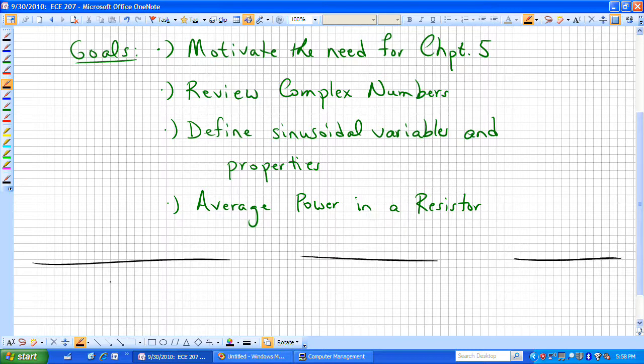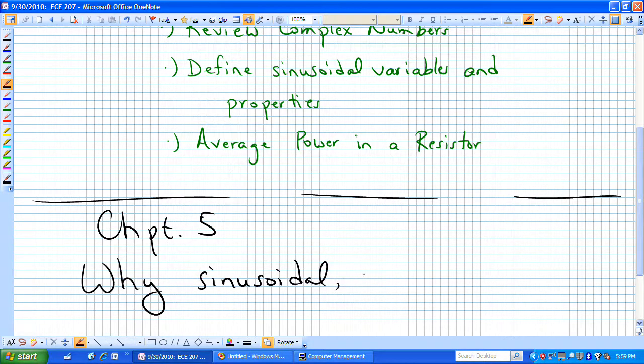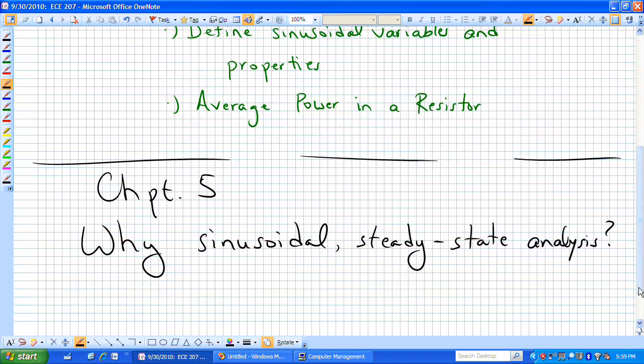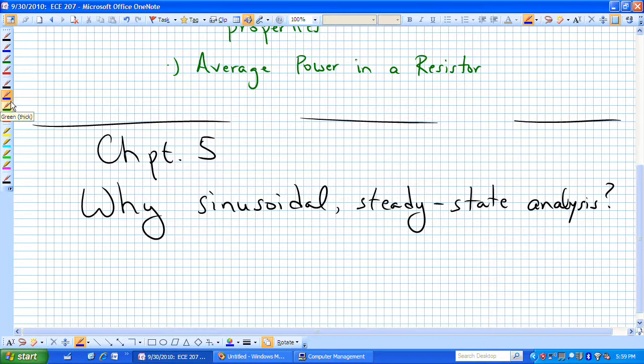the material by saying we're now into Chapter 5, and you might be asking, well, why are we spending an entire chapter maybe, or why are we concentrating so much on sinusoidal steady state analysis? Why does that get its own chapter? One way to think about this is to remember what was happening in Chapter 4. In Chapter 4 we were solving these